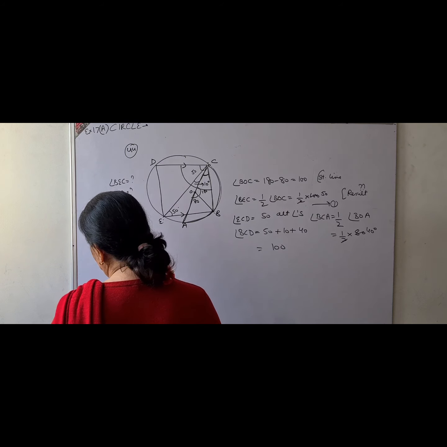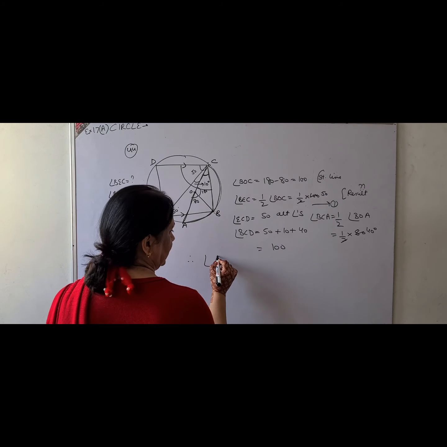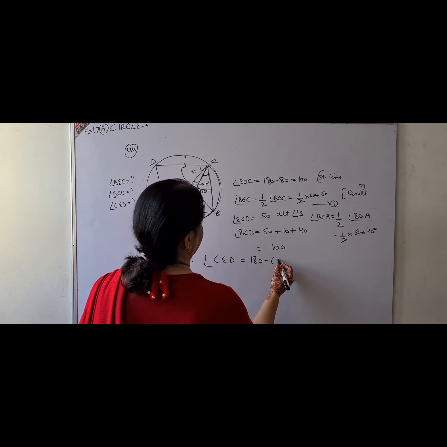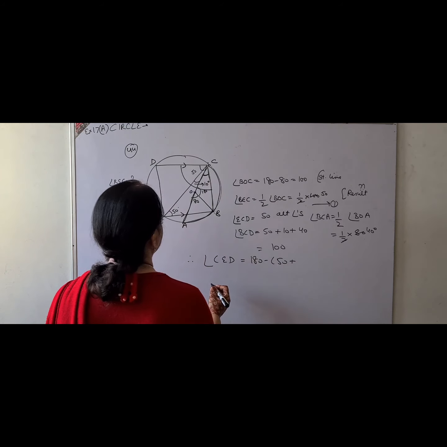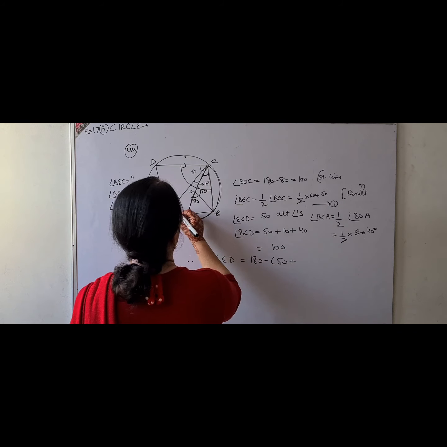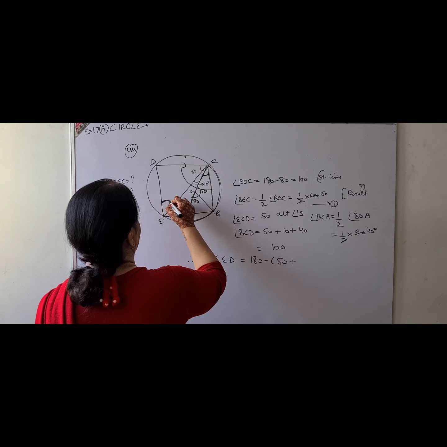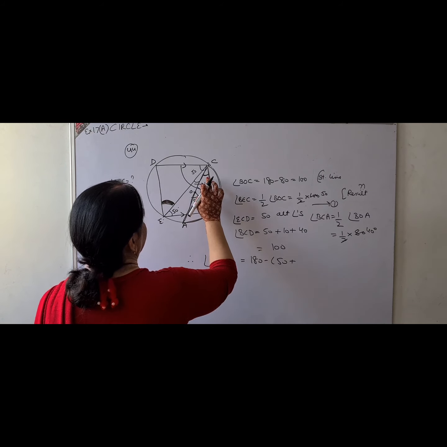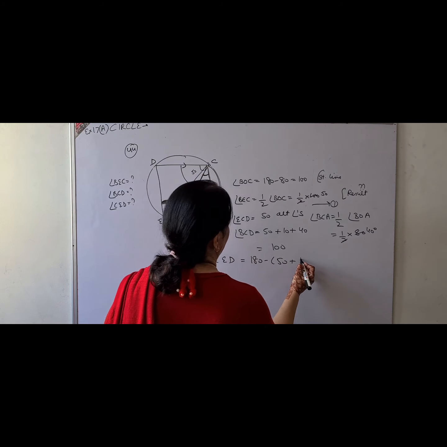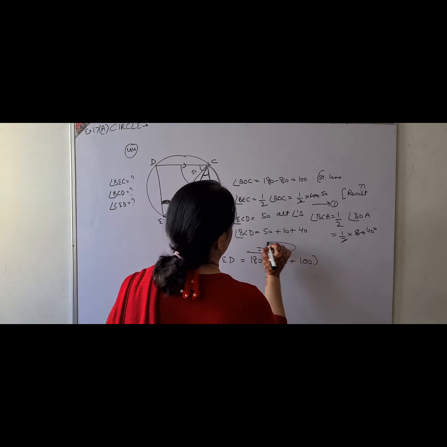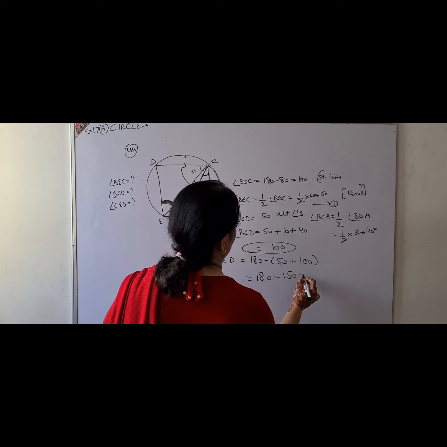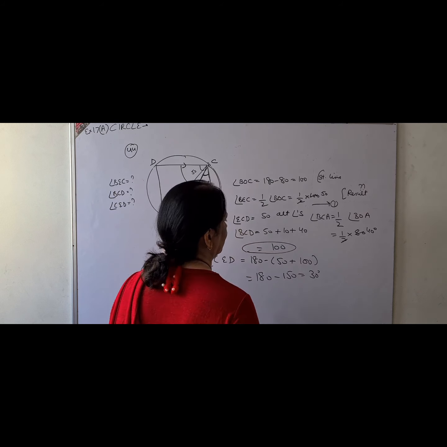Now you have to find angle CED. Therefore, angle CED is equal to 180 minus 50 plus... 180 minus... CED is only this much angle, half the angle. Half, you cannot say, a part of the angle. CEB you know is 50, and angle BCD is equal to 100, just now found out. 180 minus 150, and I hope you have identified the result till now.